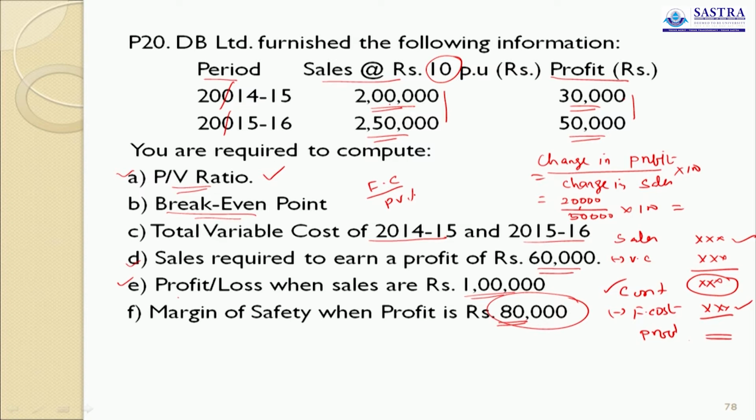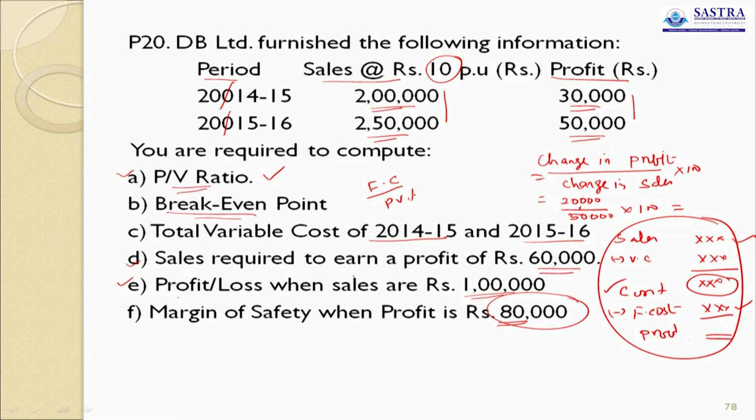So, 2 lakh, apply the PV ratio, we will get the contribution, then find out the difference between sales and contribution. Now, we will get what? Variable cost. So, you memorize and always keep this formula in your mind. Based on the required information given and the required answers of a particular question, you have to mutually interchange the components, ultimately the answer will come.